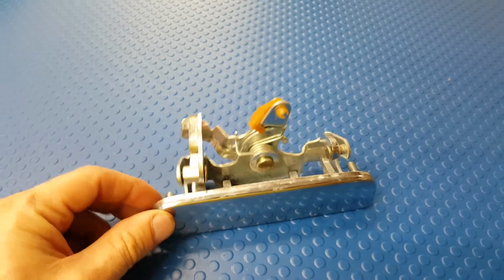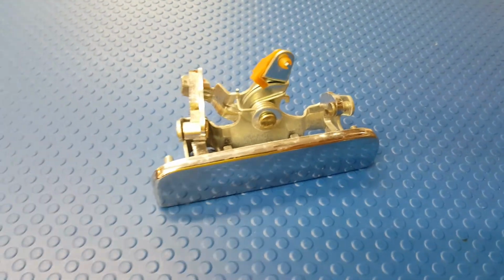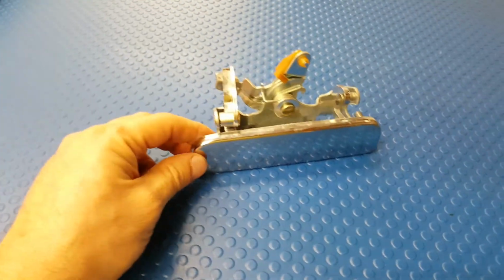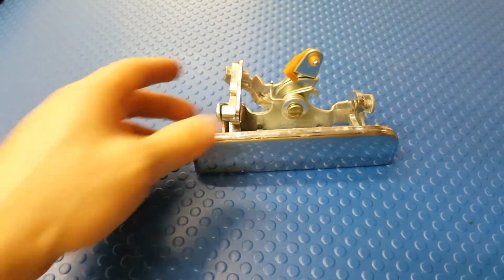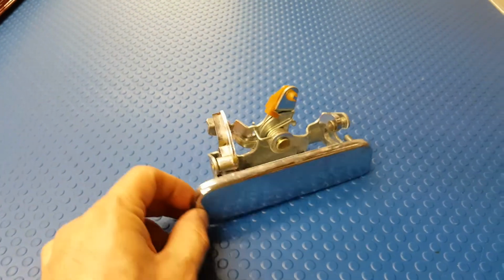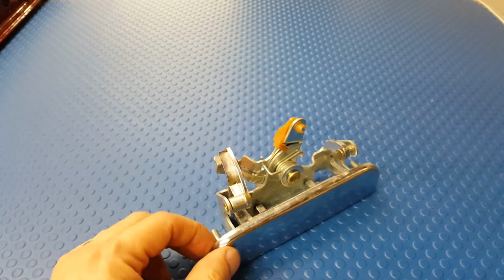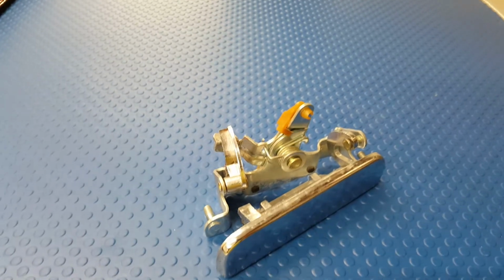This is the tailgate handle of my Mazda B2200, and apparently this piece of crap gives trouble to a lot of people. It keeps breaking. It doesn't last long. As you can see here, this one is broken. And I did some research on the internet, and unfortunately there is no other option to